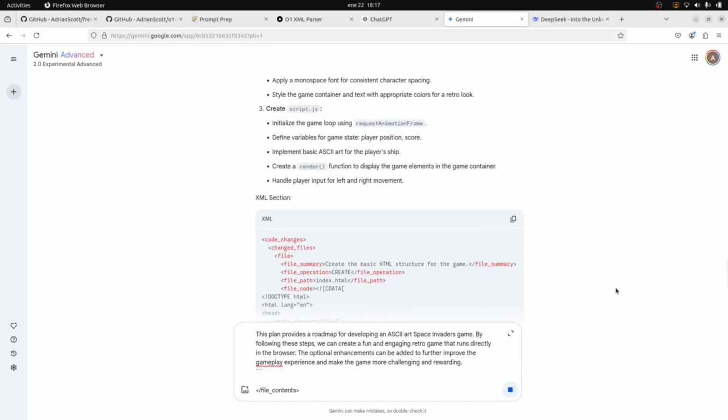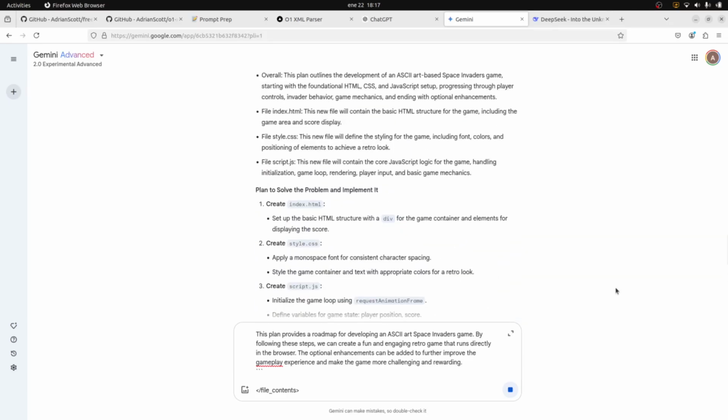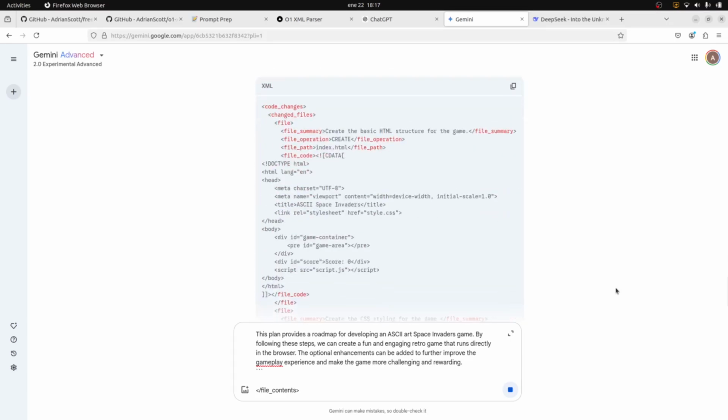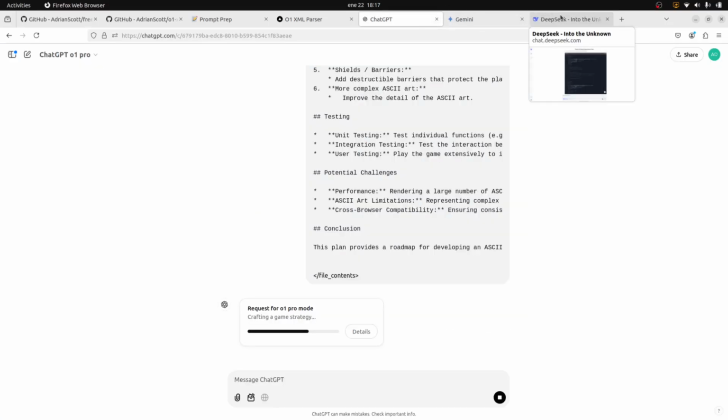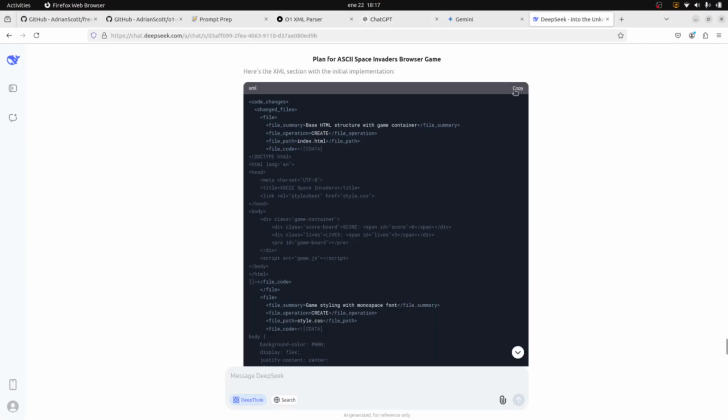It looks like Gemini Advanced is still iterating. It's still working, but it does have some code put together there. So how about we try crafting a game strategy? For fun, let us